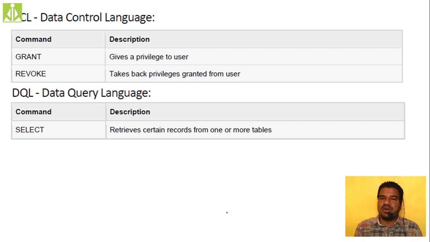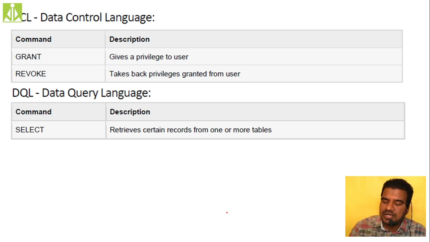And finally the data query: the select command is the data query language command. To retrieve the content of a table or a variable, we use the select command. Already we used it one time, just to see how many tables, views, or stored procedures we have inside a user. We use this data query language command, DQL, the select command.